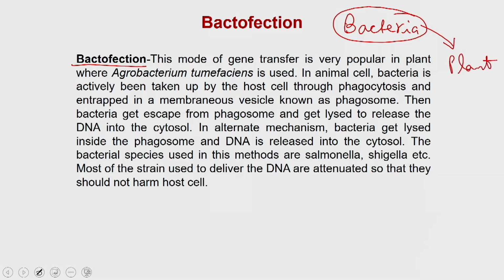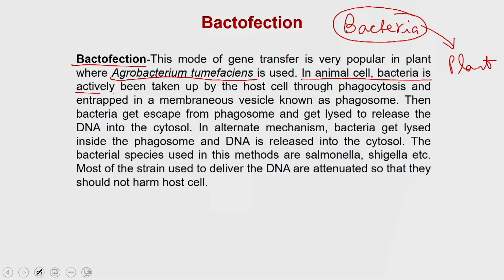If you are trying to deliver a gene to a plant, you can use bacteria to facilitate that process. In that case, people very often use a bacterium known as Agrobacterium tumefaciens, and Agrobacterium tumefaciens mediated gene transfer is very popular and successful in plants,